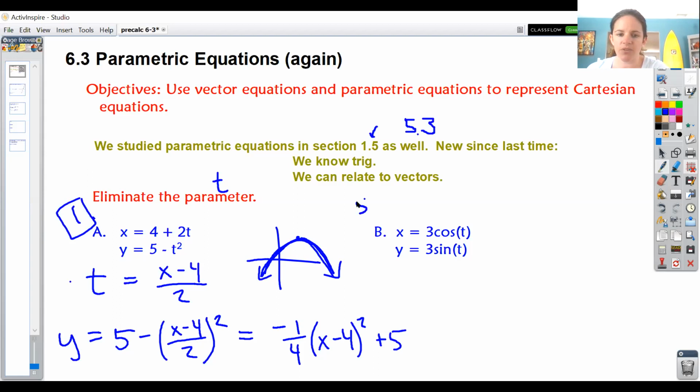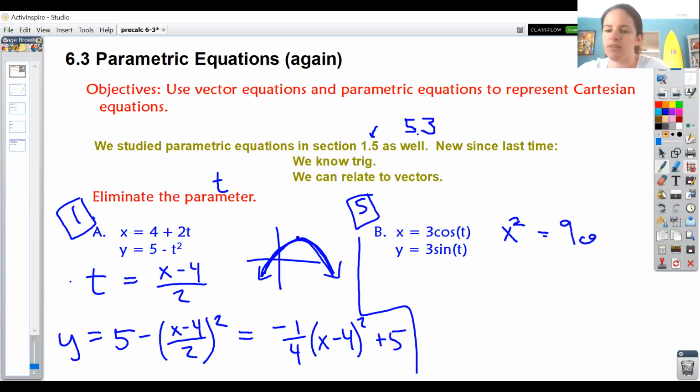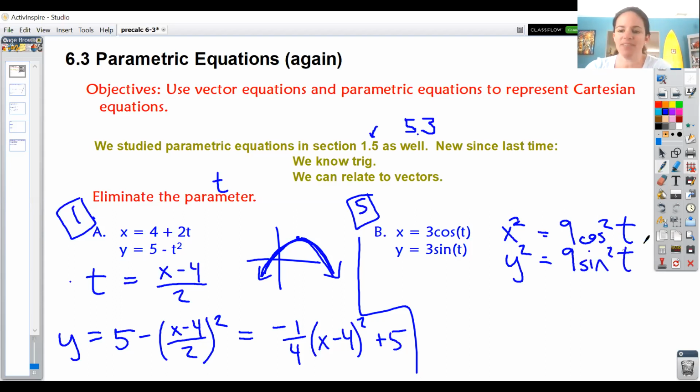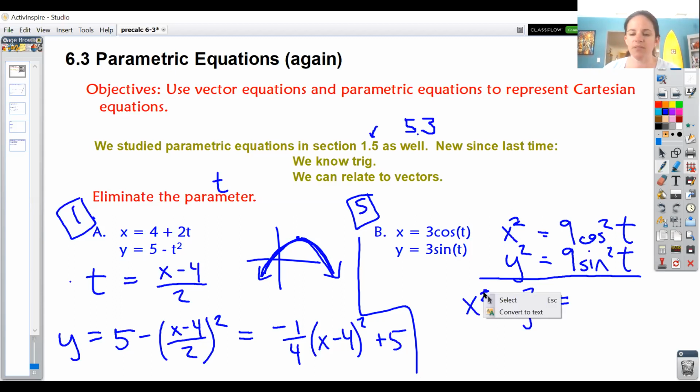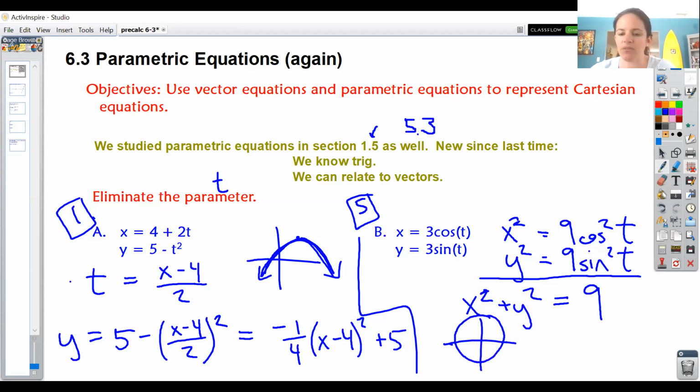In chapter 5 on that worksheet, we did this already, and we went through it together and we said, hey, just for the heck of it, let's square both equations. So we would get x squared equals 9 cos squared t, and y squared equals 9 sine squared t. And then, just for the heck of it, let's just add them up to see what happens, because that seems exciting, right? So then we would get x squared plus y squared equals 9 times quantity cosine squared t plus sine squared t, but cosine squared t plus sine squared t equals 1. So you end up with x squared plus y squared equals 9, which just represents a circle of radius 3,